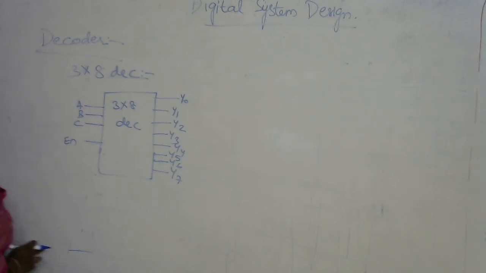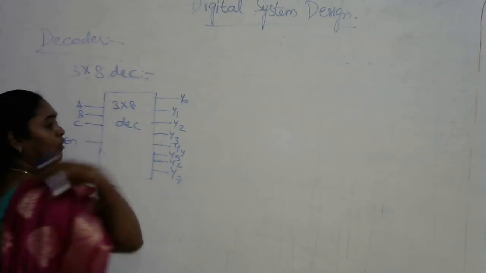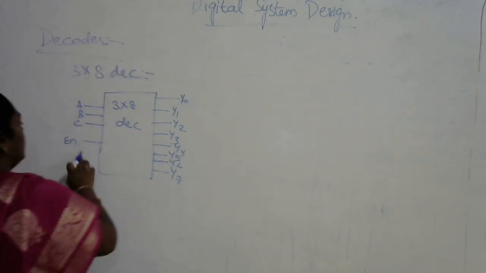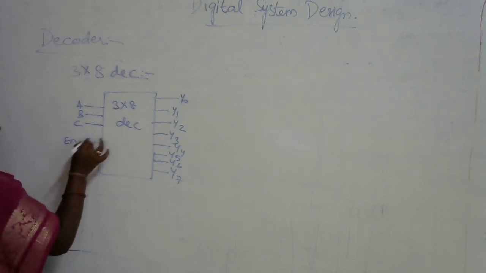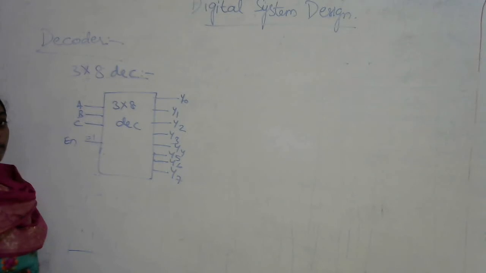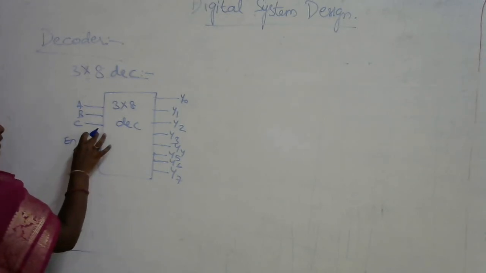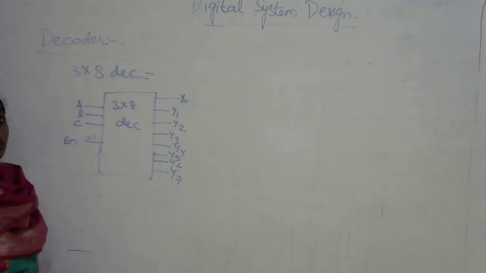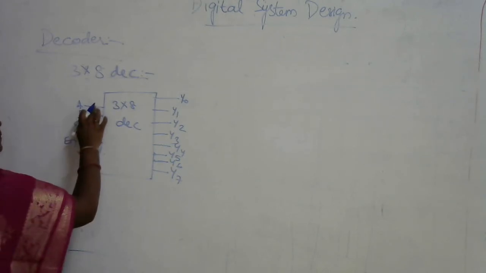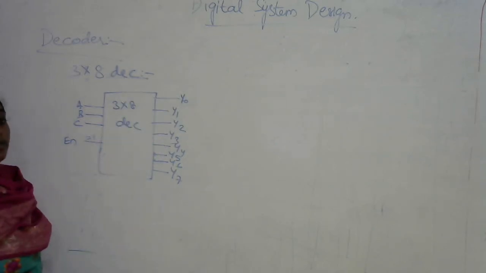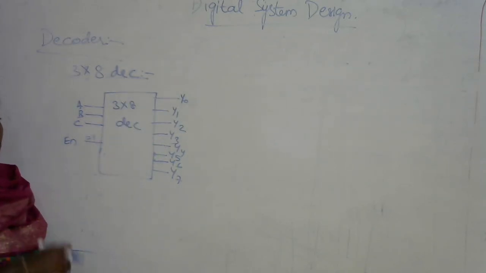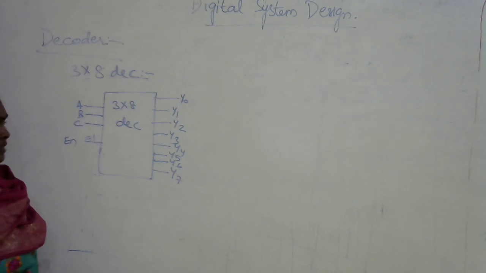Now, if I want to write down the truth table of this 3 by 8 decoder, as I didn't specify it as an IC, the enable pin is also active high and the outputs are also active high. So whenever the enable pin is 1, only then is the circuit going to function. Whenever enable is 1, it will check the input values of A, B and C. If A, B and C values are 0, 0, 0, Y0 is going to be selected, meaning Y0 will be equivalent to 1 and all the remaining values are equivalent to zeros.